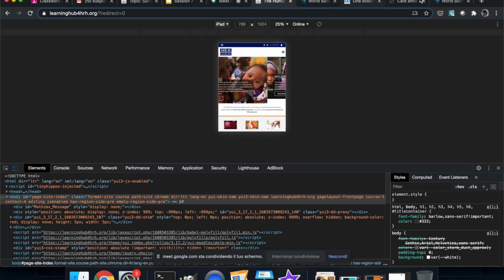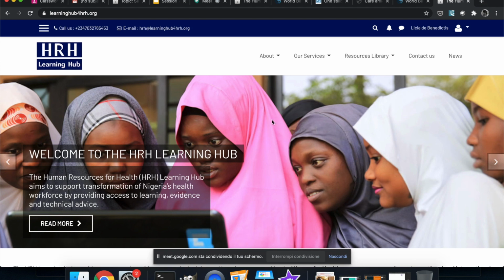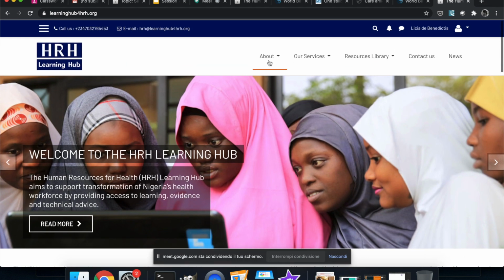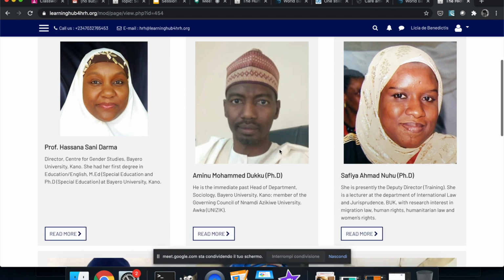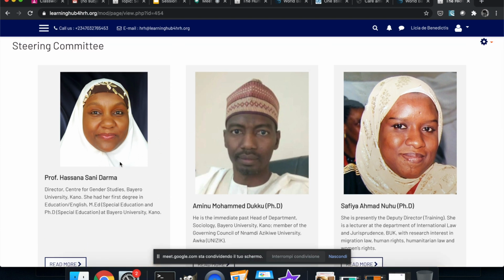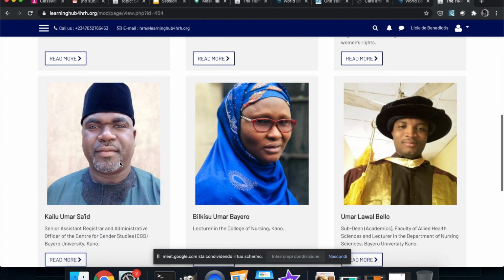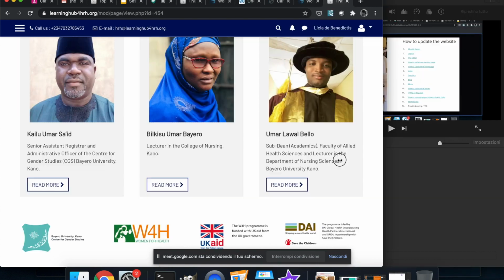Okay, so very new. For example, we've used it in the steering committee page. Look, here is an error that we could fix. This image is not the same size, so there is something wrong here. But you can see the cards allow the content to be very organized, and if we try and resize